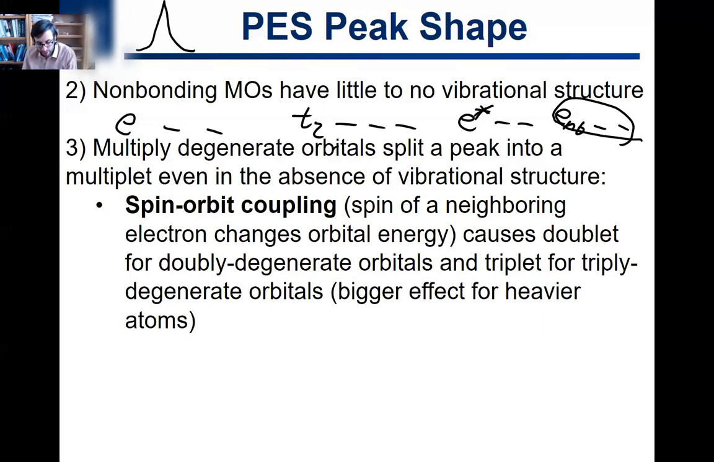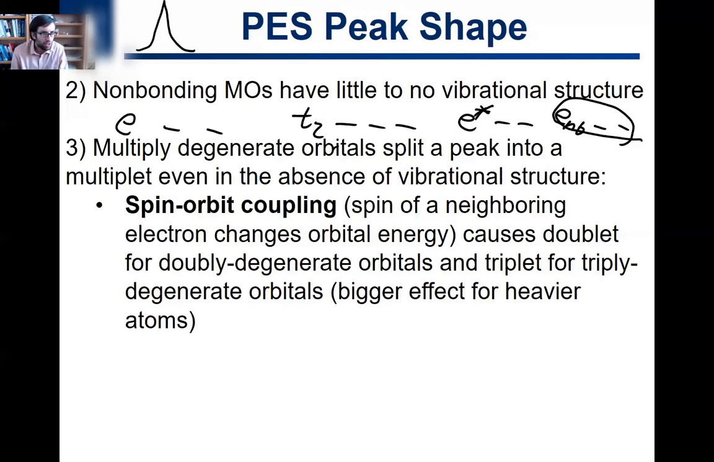Remember, degenerate means two or more orbitals of the same energy. This is from some other effects, so these are not vibrational effects. These can occur in addition to or separate from vibrational effects. Spin-orbit coupling is one of these effects. This is probably a term that you've heard of a lot,